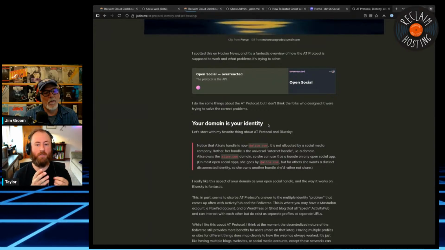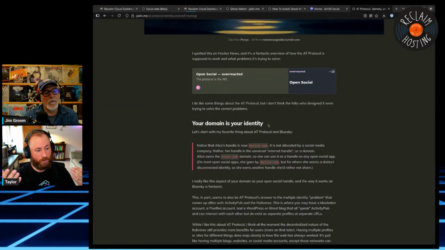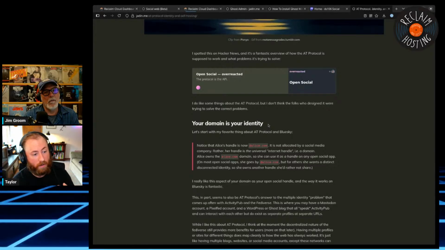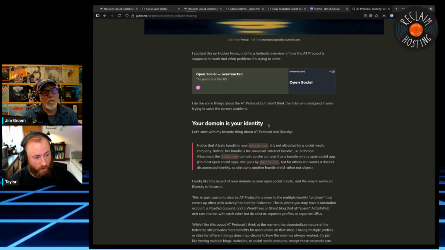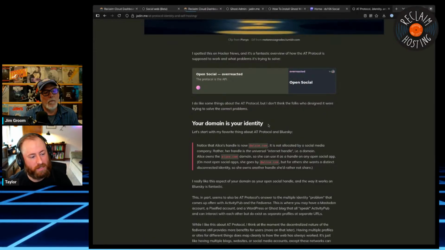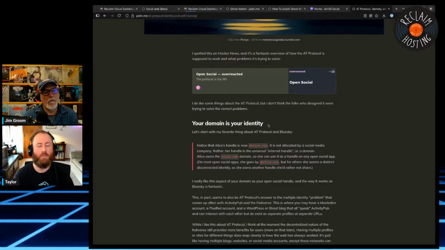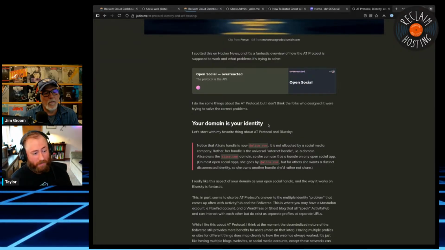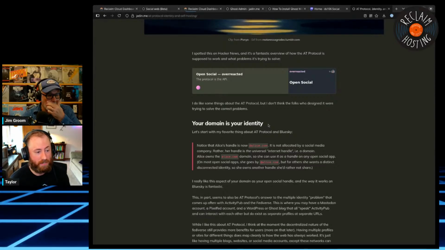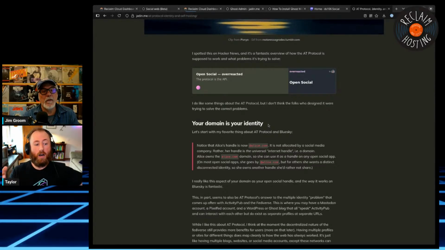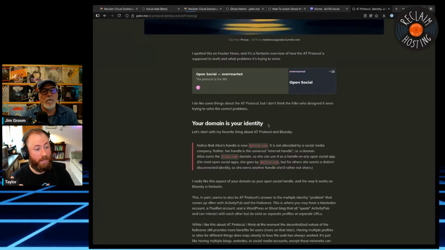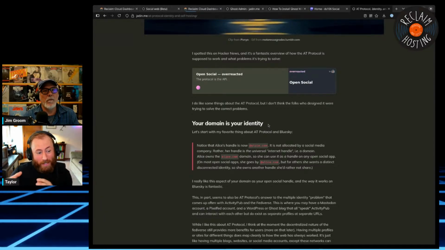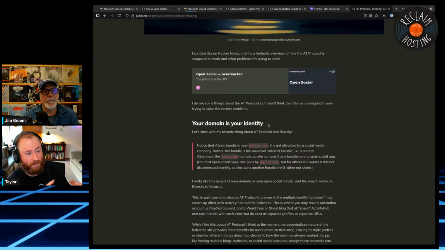And so you can have other tools use a repository that either you host, on your own hardware or in something like Reclaim Cloud, or you pay someone to host, or you're just using Blue Sky as the host, essentially. But you have this repository. You can think of it just like a database, literally like a MySQL database or something. And other apps can make different tables in that database and read from it and write to it. So Blue Sky is like one table in the Jim Groom database, if that makes sense.